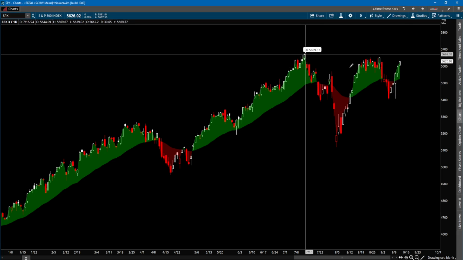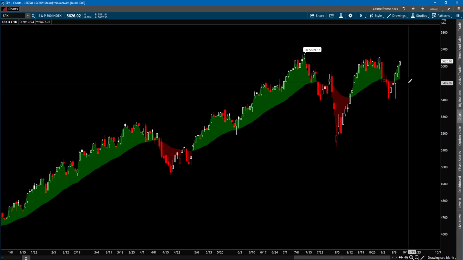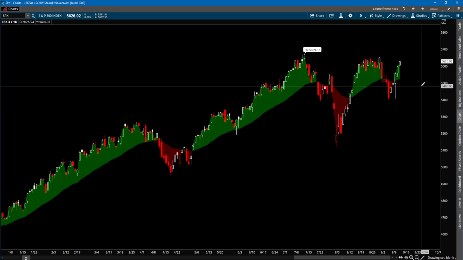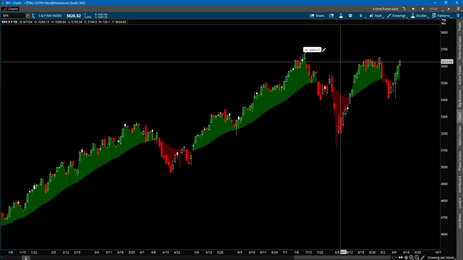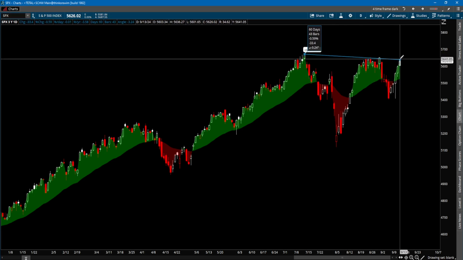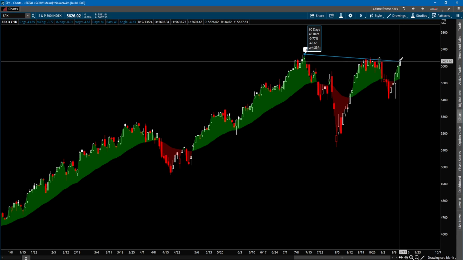Now also notice that, remember last week's video, I was talking about the 5,500 level. I was saying that the 5,500 and also the 5,300 level were the levels to watch. And if it is back up above the 5,500 level, then the all-time high is back in play. And as you can see from last week, it actually got as close as almost 0.6% or 33 points, less than 34 points from its all-time high. And as of Friday, it is only a little bit over 0.75% or 44 points from the all-time high once again.